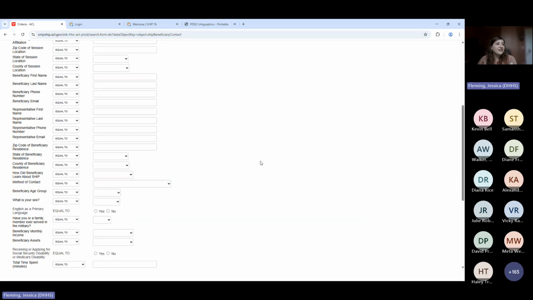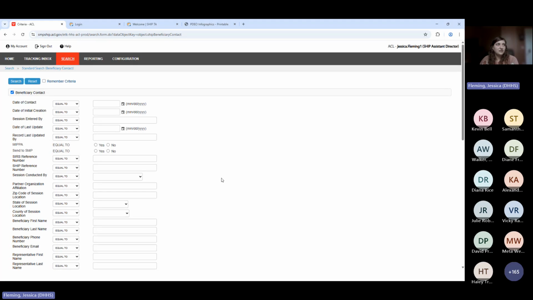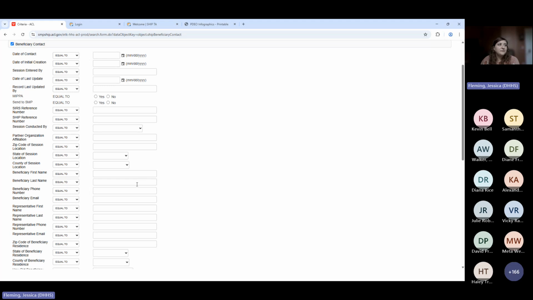And once again, I told you that there's a lot of different options here, but I wouldn't let that deter you from utilizing the search option. It really just gives you additional opportunities, additional information to be able to search by. Probably your most common one will be that beneficiary first name, beneficiary last name, if you're looking for that information. You can also do multiple different sections here, so it doesn't have to just be one of these sections that you're searching by. If you want to search by the date of the contact, you can switch the search options here. So you can set it equal to, so it has to be today's date, or it has to be